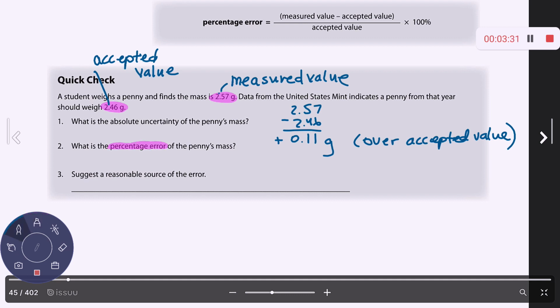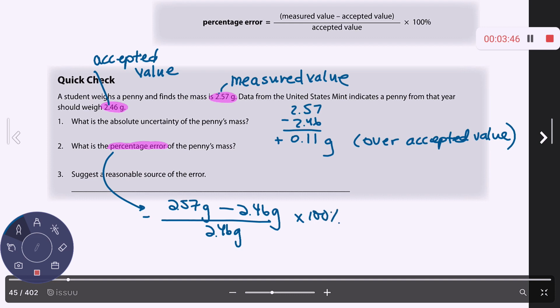Okay, and then when they ask us to calculate the percent error, the percent error here is going to be, I'm going to put this down here, the measured value, 2.57, minus the accepted, 2.46, divided by 2.46 times 100. Okay, now I'm going to be teaching you on the next page, and then the page after that, how to deal with significant figures and calculations. So for now, I'm just going to show you that